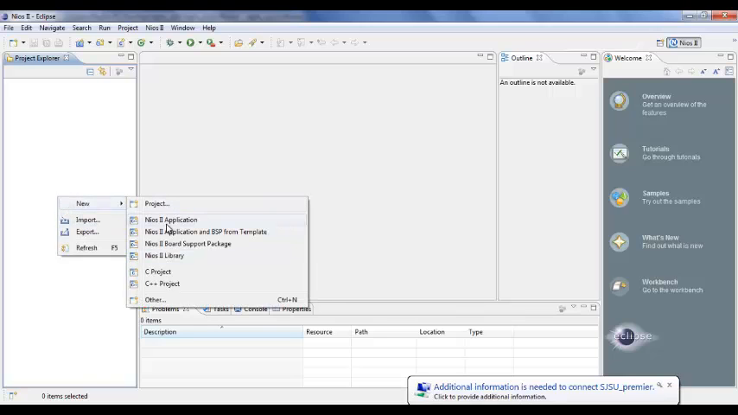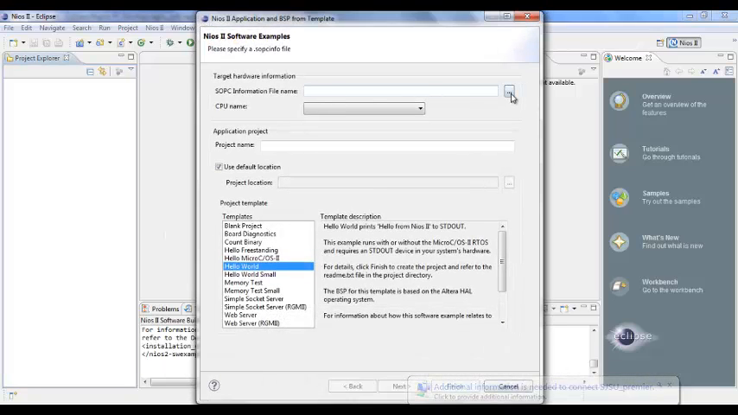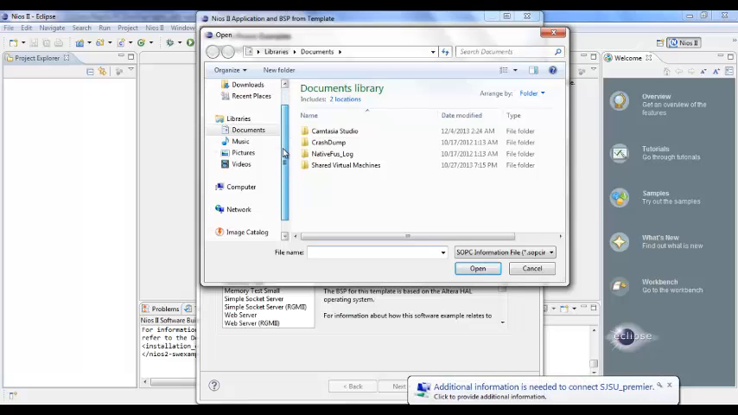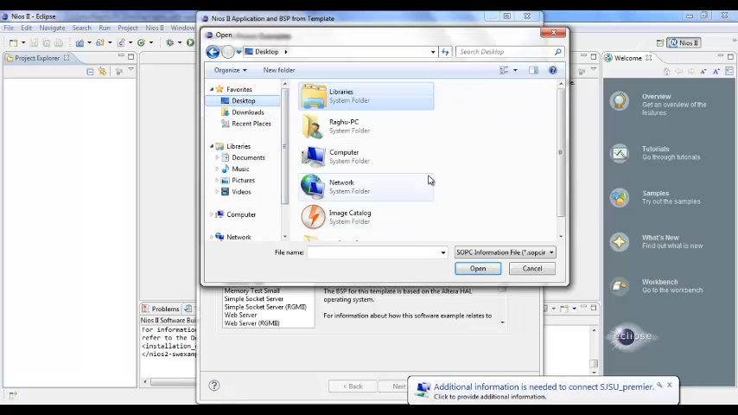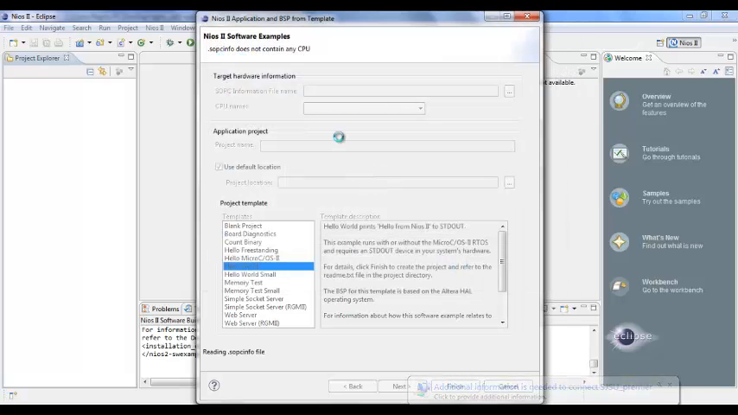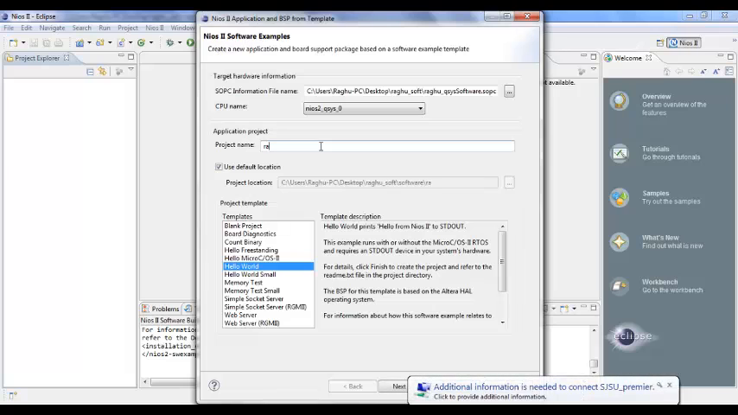So we need to create a new template here, and we need to specify the SOPC information file which is stored in our project. So go to desktop, go to software, and click the SOPC file, and then you need to specify the project name. Say for example, Oru_project